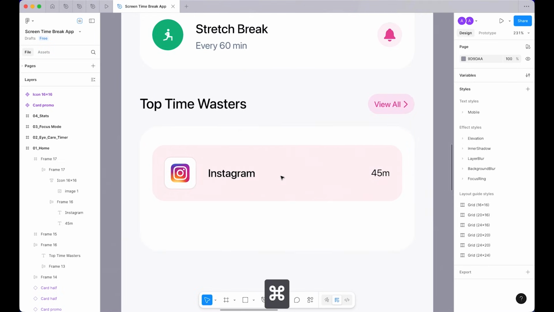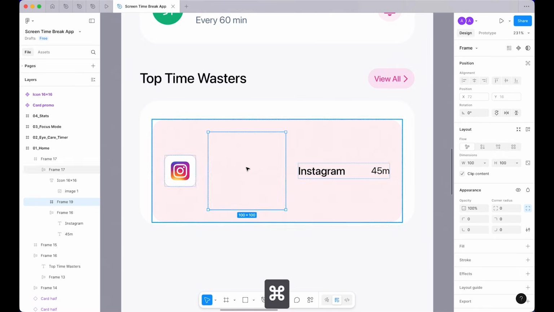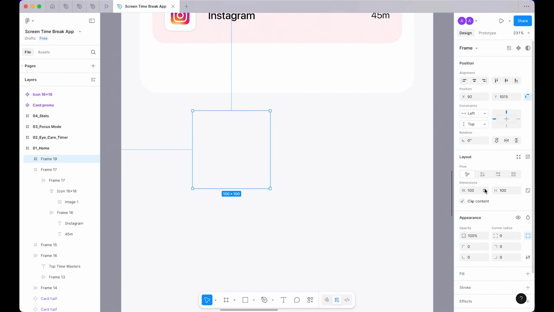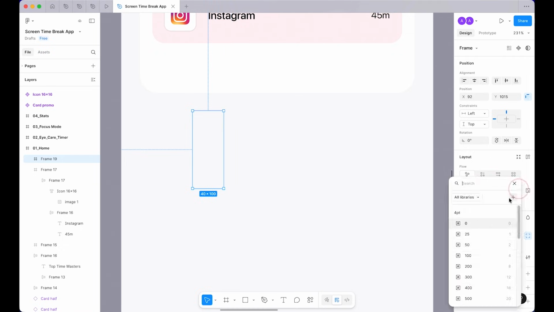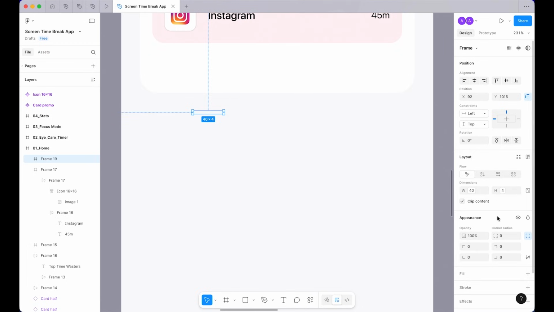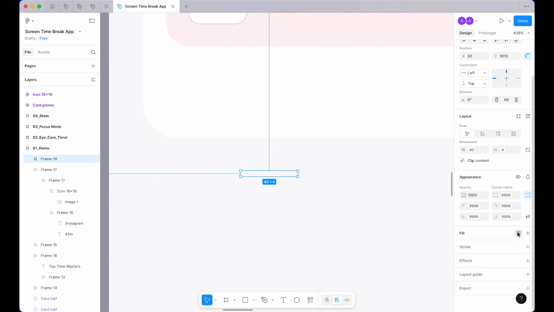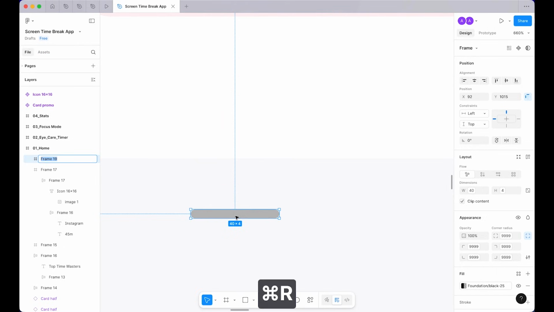So for the progress bar, I'm thinking to create a frame, and okay, so let's create a frame outside of here. Let's create here and make it 40. Okay, and for the height, let's try 4. This is going to be full, the radius is going to be full, and for the color, this is going to be dark, and make this 25% transparent. Okay, and inside, let's type this